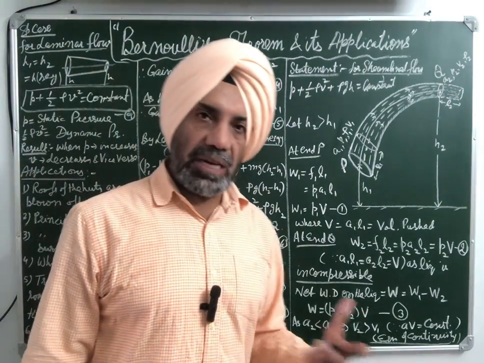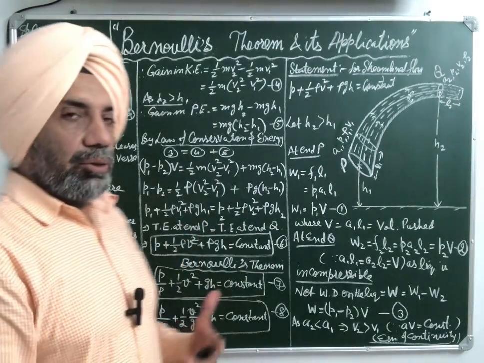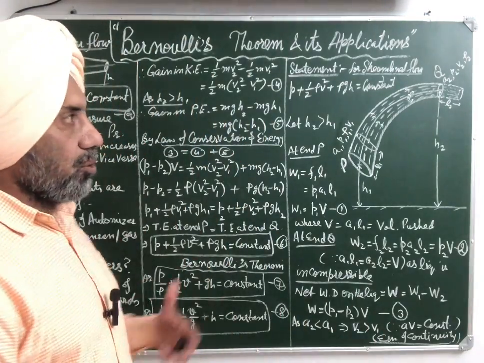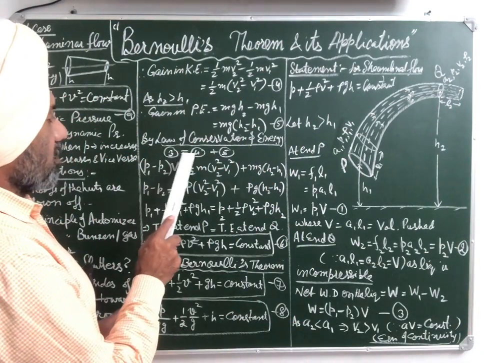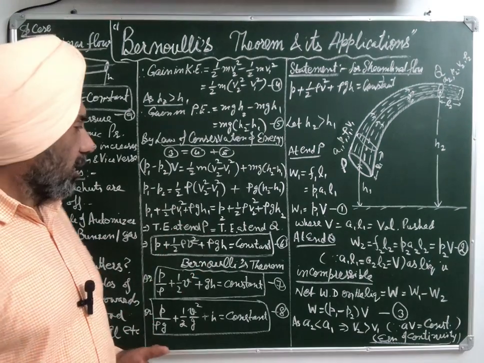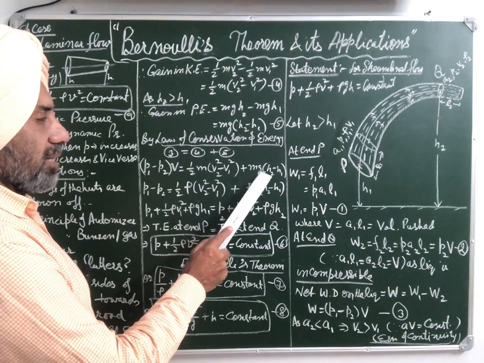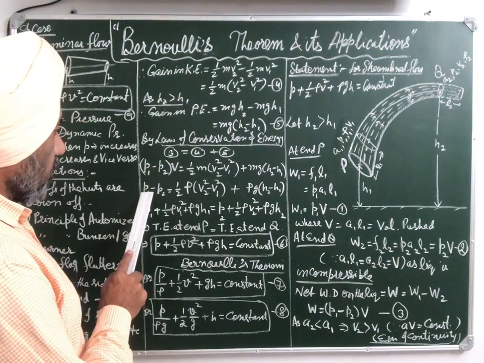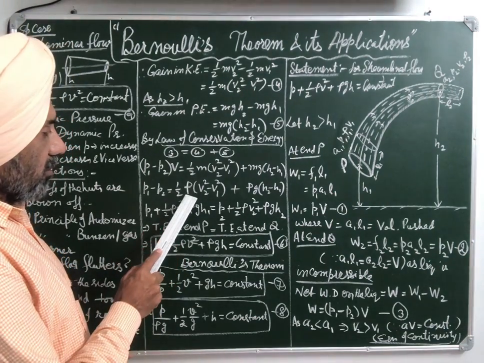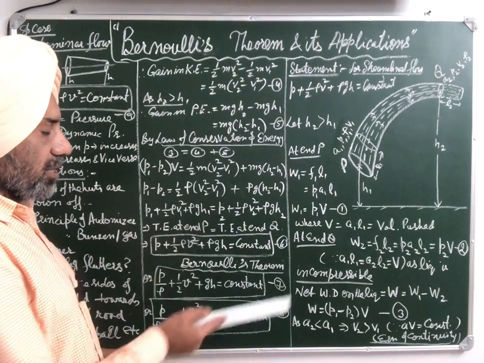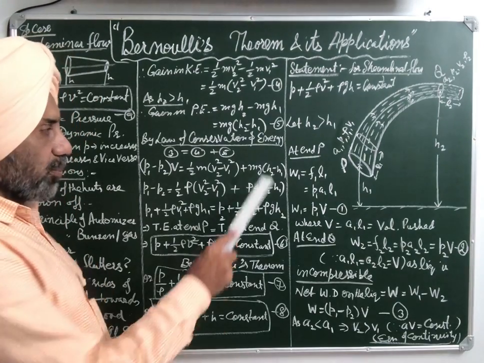So by law of conservation of energy, work is done upon the liquid. Part of it is converted to gain in kinetic energy, part of it is converted to gain in gravitational potential energy. So therefore, equation 3 must be equal to equation 4 plus equation 5. That is, P1 minus P2 into V must be equal to half m, v2 square minus v1 square, plus m g, h2 minus h1. Dividing by volume throughout, P1 minus P2 is equal to half rho, v2 square minus v1 square, plus rho g, h2 minus h1, because mass per volume is equal to density,